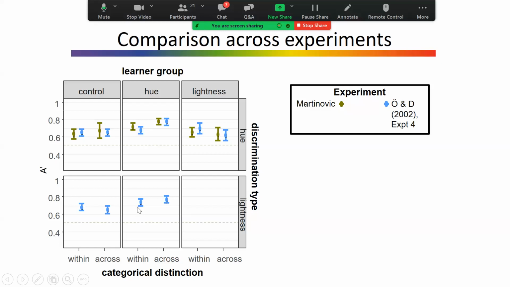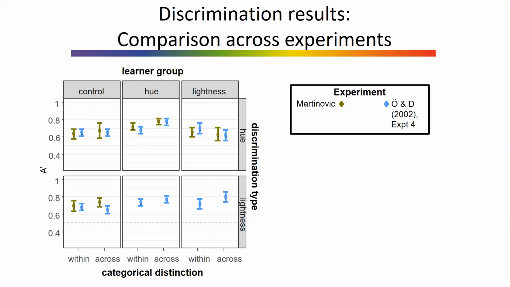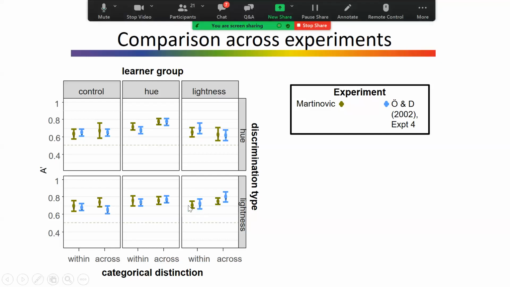It's more when you compare against the across discriminations in controls, where they get a significant effect because of how their controls are performing here. You can see the lightness learners have a bit more across, so they have a more robust result here. In my sample, my controls seem to slightly overperform their controls on across-category discriminations. My hue learners didn't learn anything about lightness, and my lightness learners neither, although the effect goes in the right direction, it wasn't strong enough.